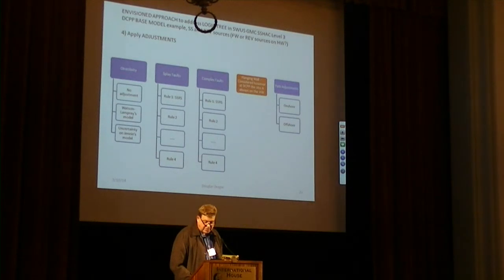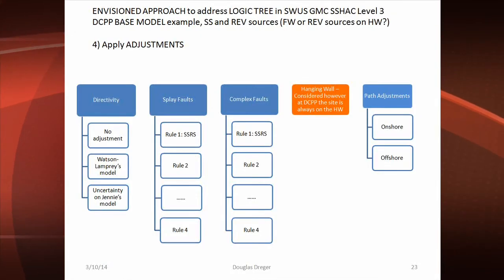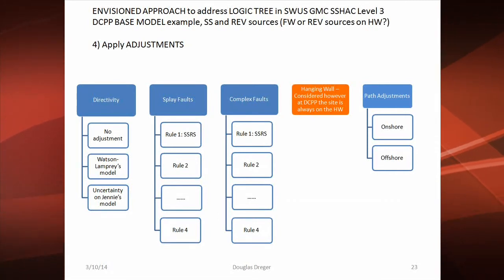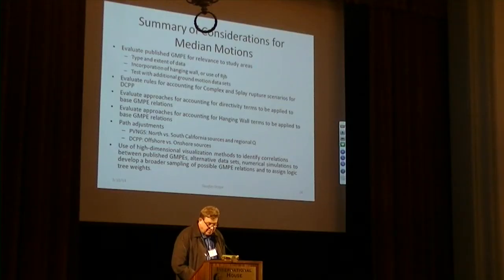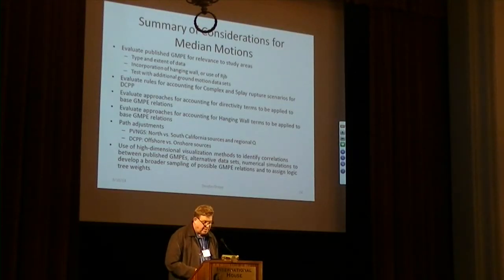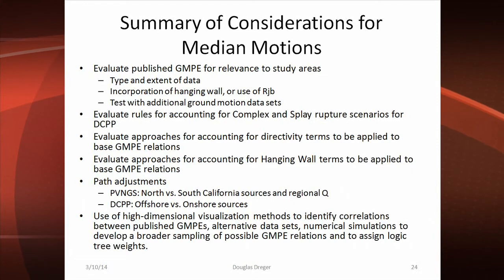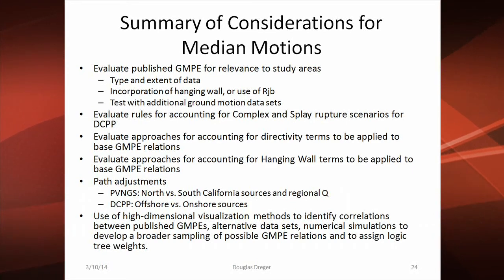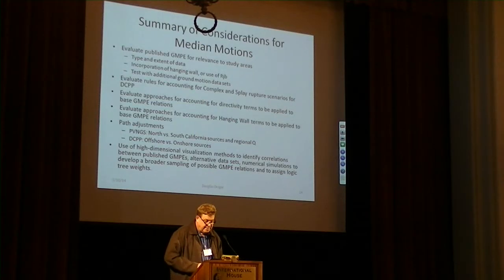And finally, there are path adjustments. And for Diablo Canyon, there'll be work discussed later at the meeting and plans for looking at onshore, offshore differences in the paths. So to summarize, the considerations for median motions has been to evaluate published GMPs for relevance to study areas, the types of sources that go into the construction of those relationships, the extent of the data, incorporation of hanging wall, or use of RJB in the case of Diablo Canyon, where we have dipping fault cases to